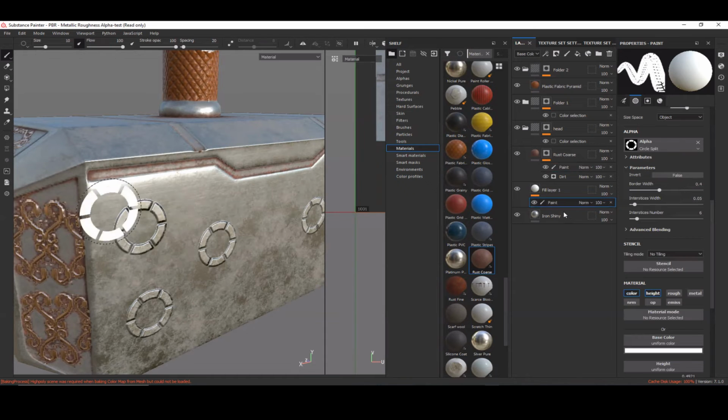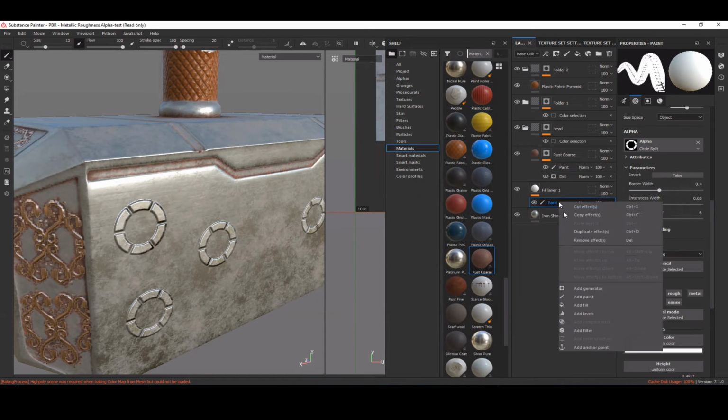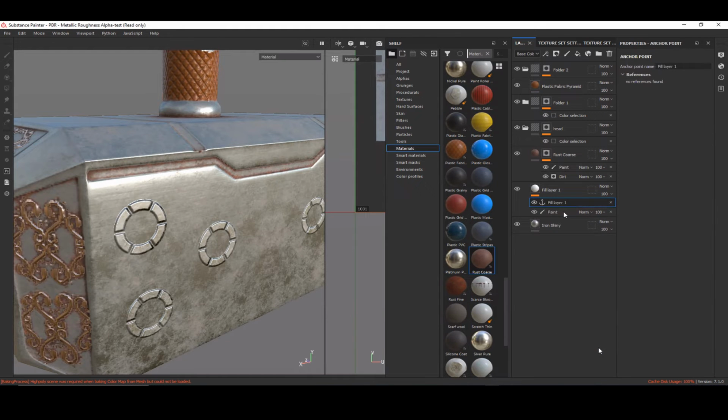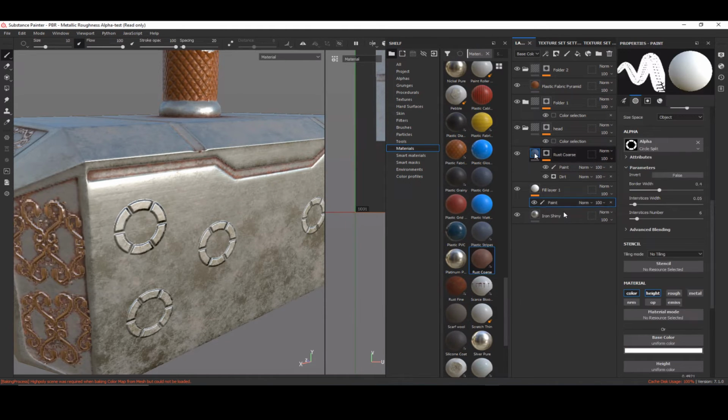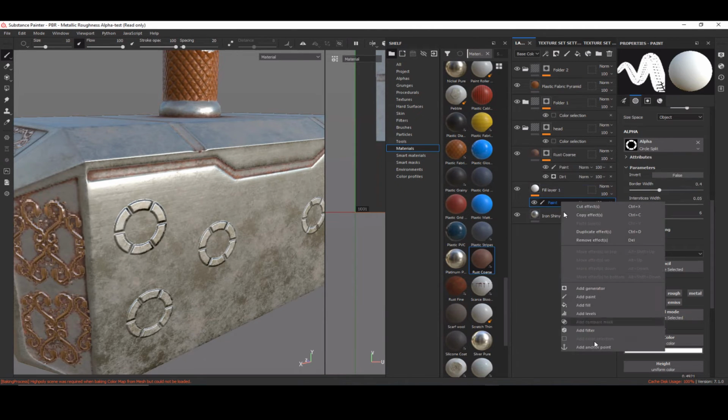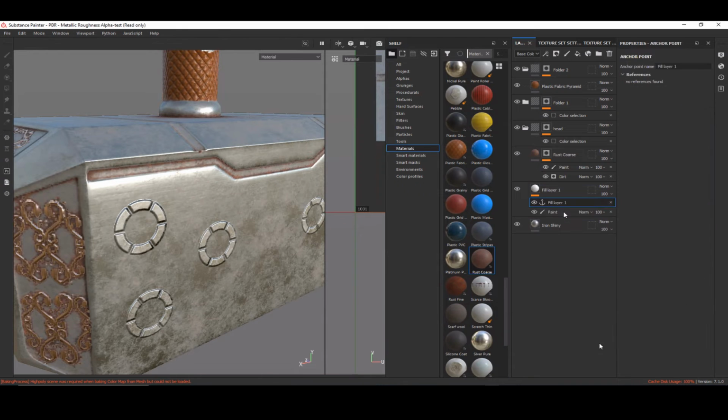I've added these paint layers over here. I right click on this and add an anchor point to the paint layer. Mind you, the rust layer is above this paint layer. Now go over here, add an anchor point. You can name this anchor point in whichever way you want. Now go to the rust option